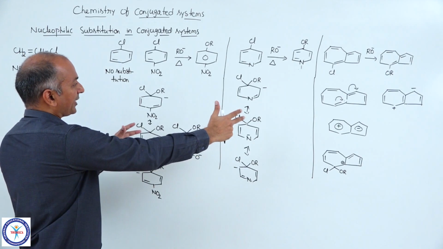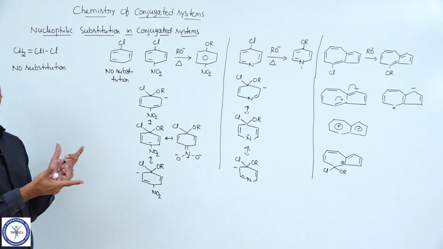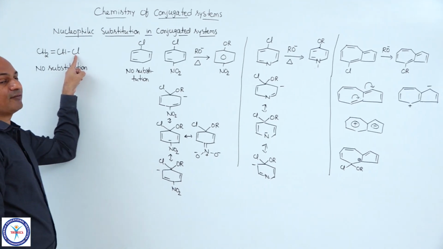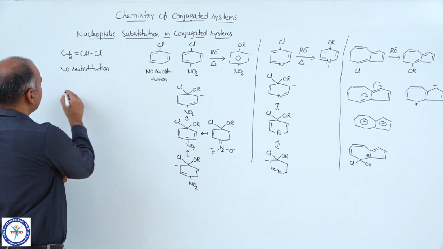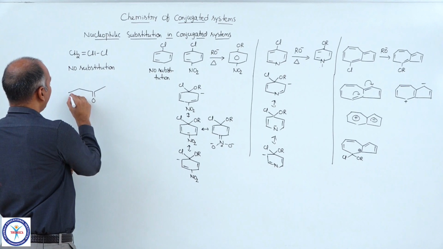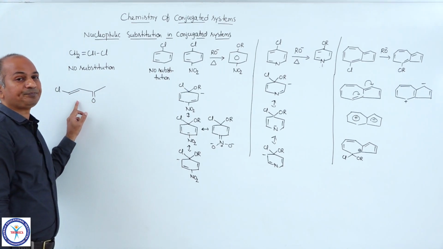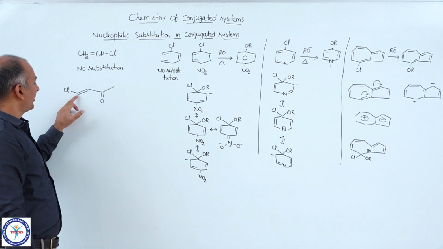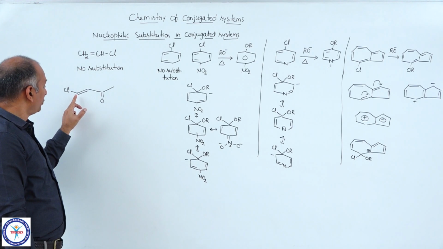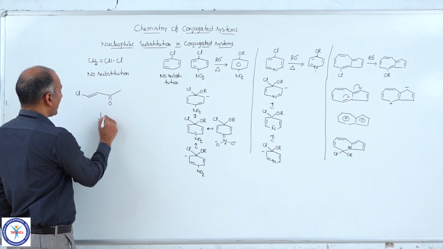Now, do you expect the same thing in this particular case? Because this is also a similar case, vinyl chloride. If you attach any electron withdrawing group, can you make the replacement of this chlorine possible? Yes. You see this example, all of you. C double bond O, methyl, double bond, and here chlorine. Actually here, this particular chlorine is a vinylic type of chlorine, same type. But now you can replace this easily. Suppose you treat this compound with OR minus.